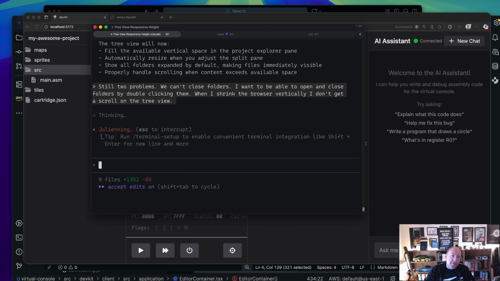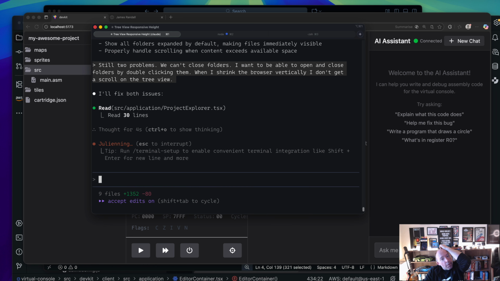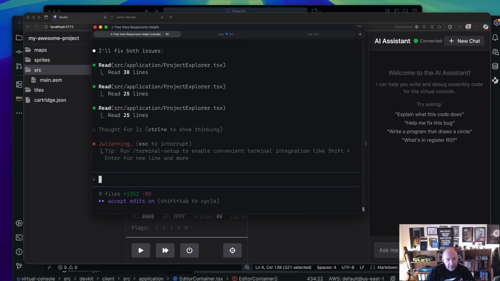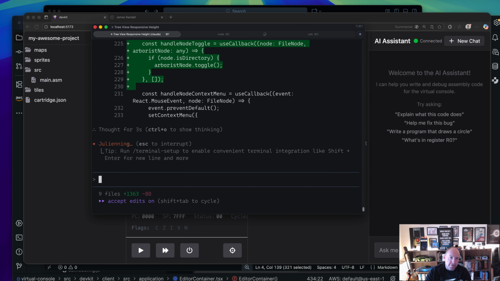I think the tree view probably needs a different approach. Well, let's think about it. I will probably have to read the docs to figure out how to fix it actually, because I need to understand its own sizing logic. So maybe if Claude fixes it with this, great. If not, I want to leave that one for a moment, go and read the docs on the Arborist component and figure out how its sizing works so I understand what the HTML structure should be around it,